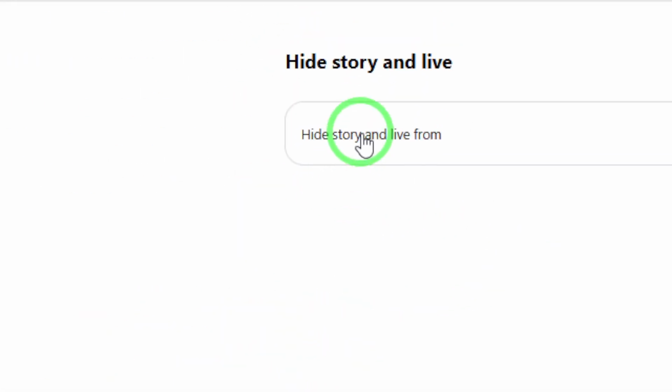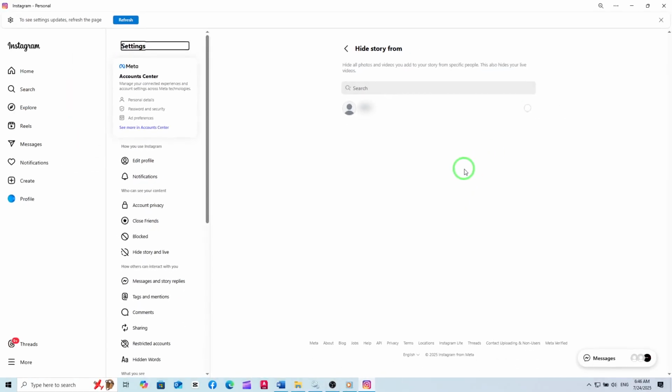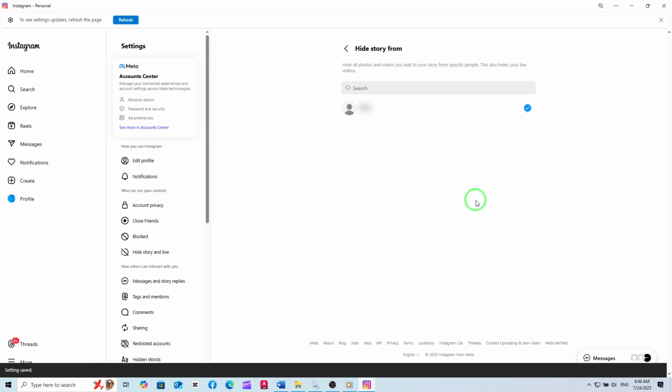Now, you'll see a list of your followers. This is where you can choose exactly who you want to hide your live videos from. Scroll through the list and select the accounts you'd like to exclude. You can pick as many people as you need. Once you've made your selections, your live videos will be hidden from those specific accounts, and they won't be notified